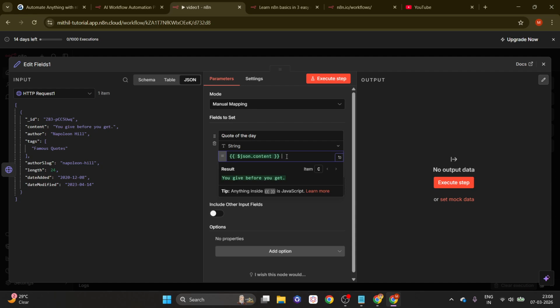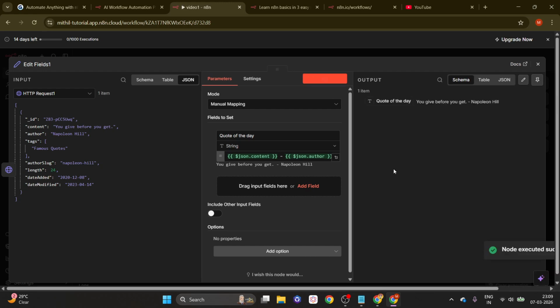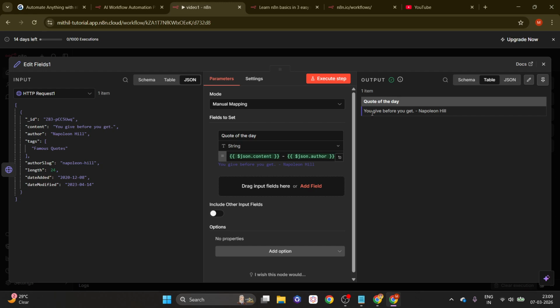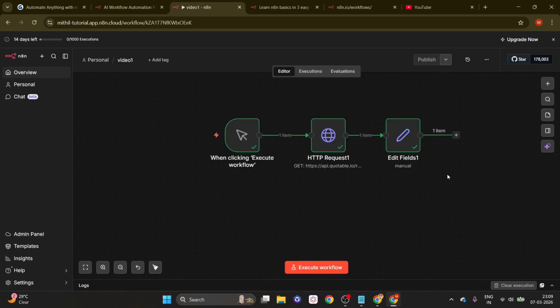After content, we will also use the author name, because we are not credit stealers, right? By this, it will give us an answer like this. You can see it in JSON or table all the way: you give before you get, Napoleon Hill. So this is the simplest example I can give you today. If we execute it once more,